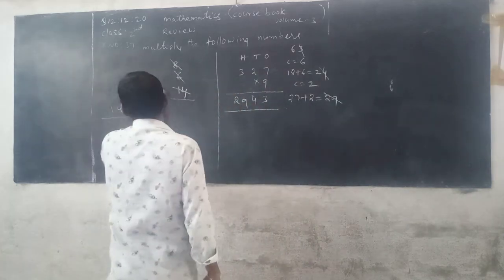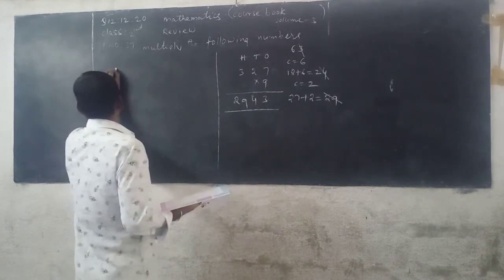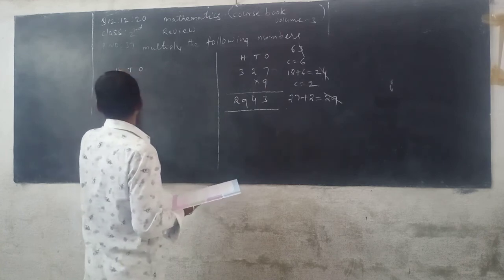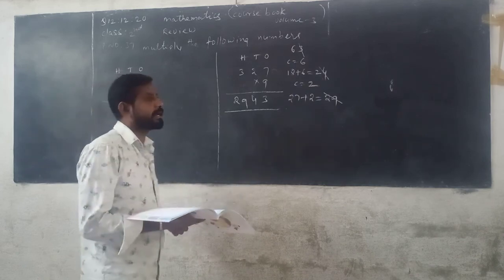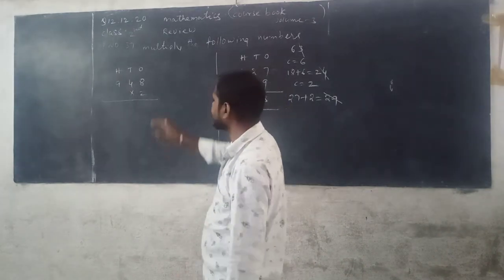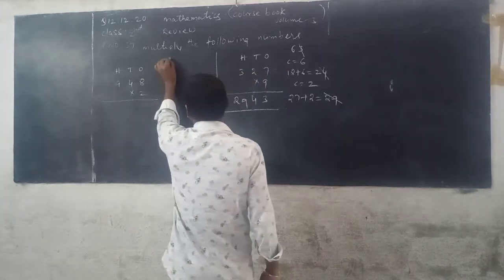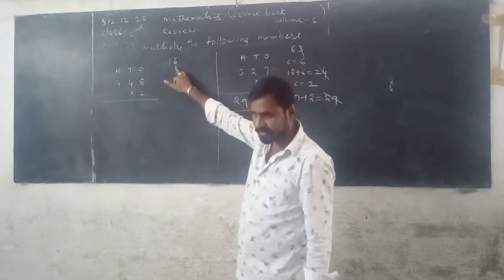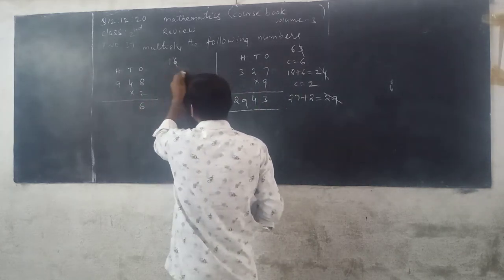Now next. 948 into 2. So 948 is multiplied by 2. In the given number, 8 is in ones place. First we multiply the digits in ones place, that is 8 with 2. Then you can read 2 table. 2 8s are 16. In it, 6 is taking. 6 is taking, write it down in the ones column of the product, and the remaining number is 1. 1 is carrying.